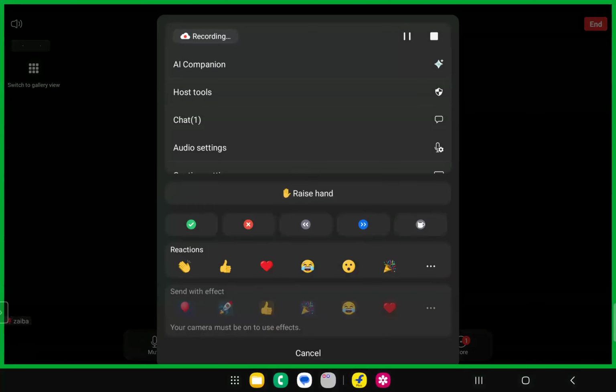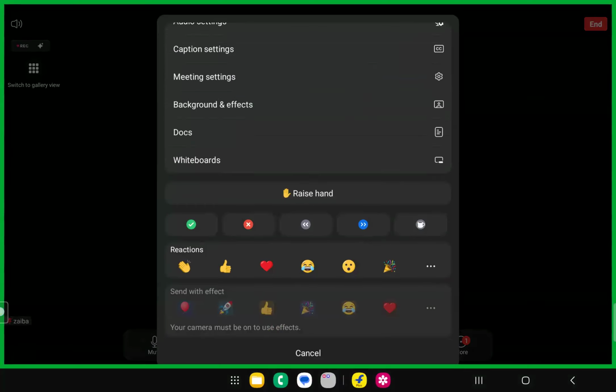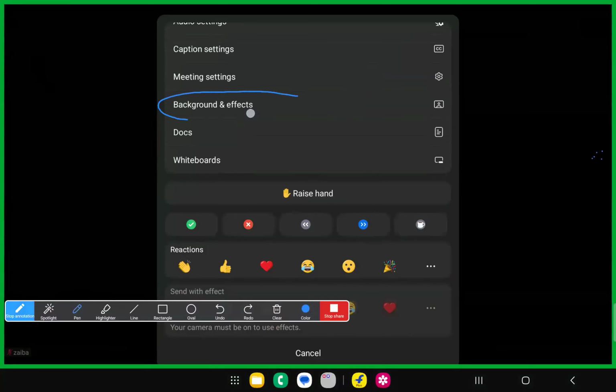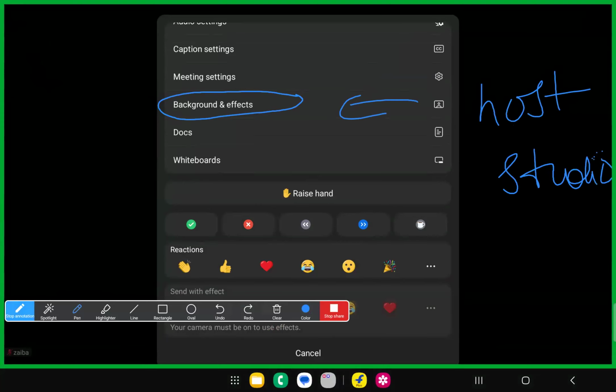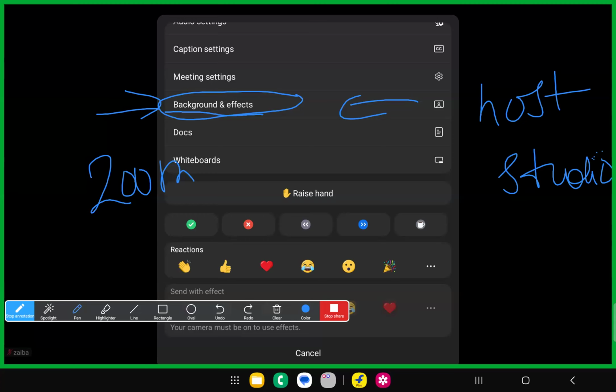The next thing is meeting settings: backgrounds and effects. This is useful only if you are sharing your videos, my dear students. Have you seen the hosts? Some of the hosts have a beautiful background behind them, like a studio background. What they do is arrange this before they enter the meeting, before they share the link with the participants. Zoom puts the background by itself. It recognizes you and puts the beautiful background behind you. Even if you want yourself to be present in a huge villa or something like that, you can have a beautiful background behind and showcase that on the screen.